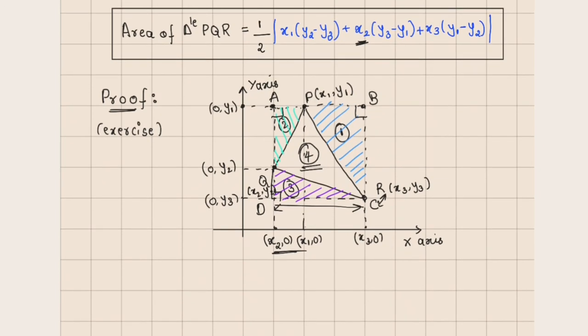Let's say point P, this is a small hint. This is P, this is Q, this is R. This is the triangle formed by PQR. I have drawn all these points. From Q, I have drawn a perpendicular to the x-axis, from R to the x-axis, and a horizontal line, perpendicular to the y-axis. From all these points, I have got a figure A, B, C, D.